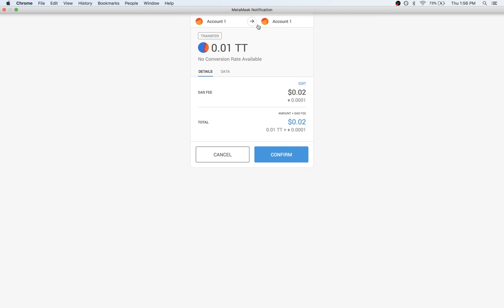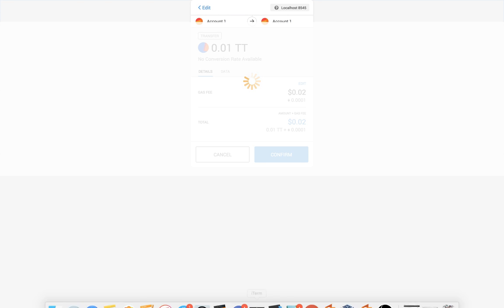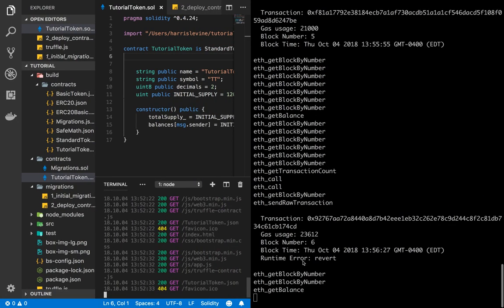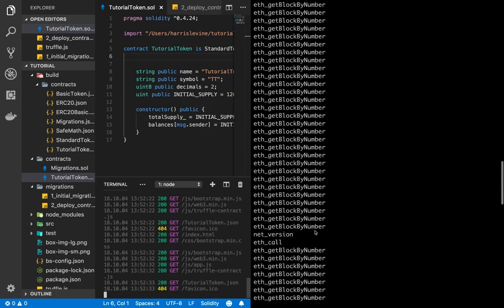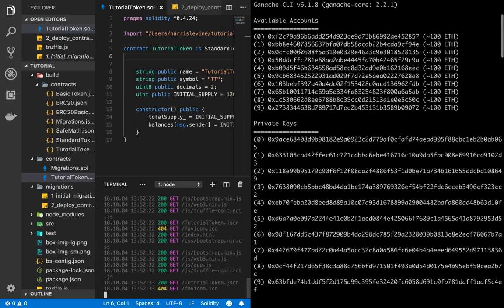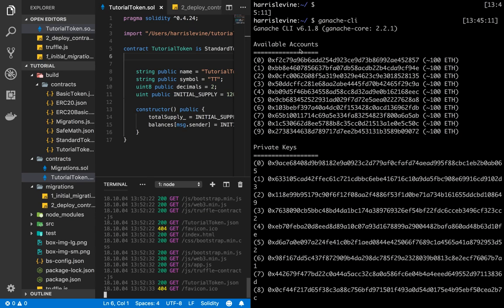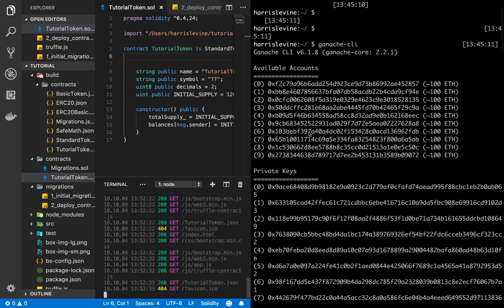So now I have funds in my account. I could say confirm. Oh, I don't think I could send it to myself. That was a poor idea. But what I can do is, we got a lot of colors going on here. Very cool. What I can do is on my Ganache, I could take one of these accounts and the private key to that account, and I can do, well, they already have test ether, but